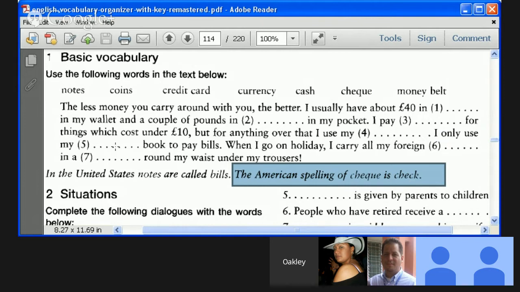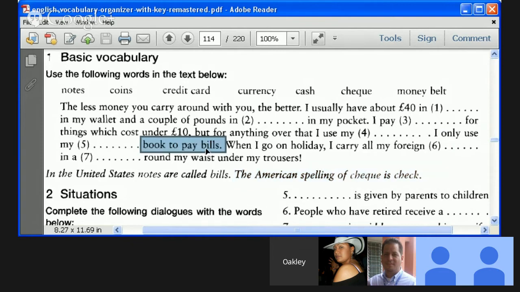Checkbook. Right. You have a bank account. Now we have debit cards, so we don't need checkbooks. But before, we would have to write out on a piece of paper our name and the amount that we were sending. Commonly, they would be used to pay bills because they act as a receipt. You get your canceled check back as proof of purchase. So it's a document you can use to prove you paid something. Now people pretty much trust the banks to deal with that using their debit cards.